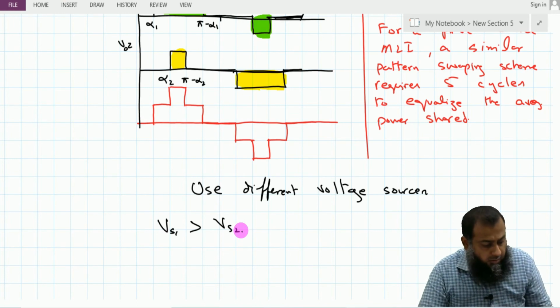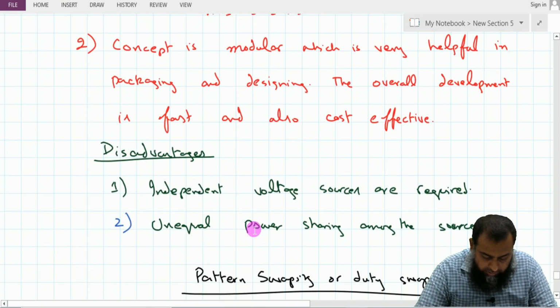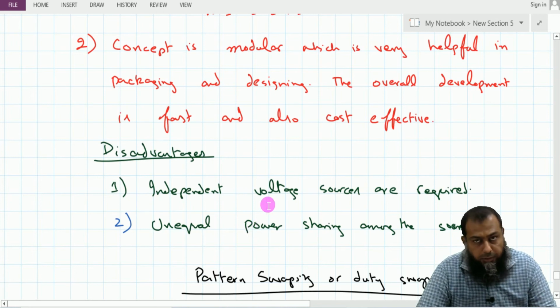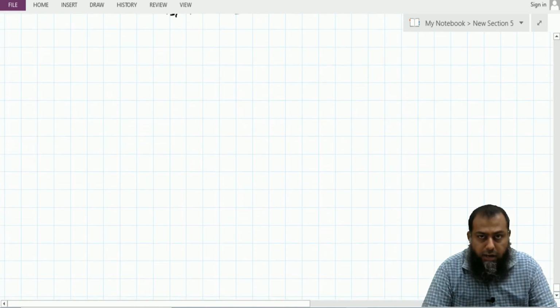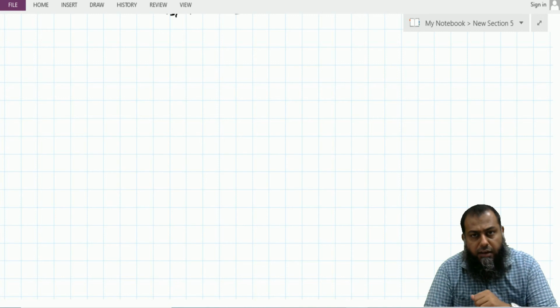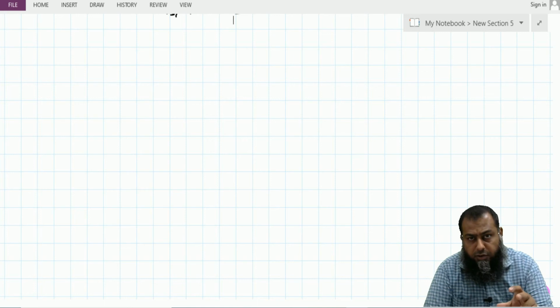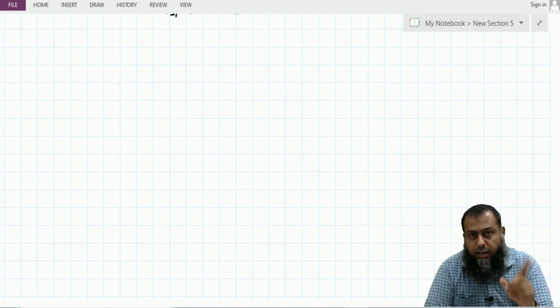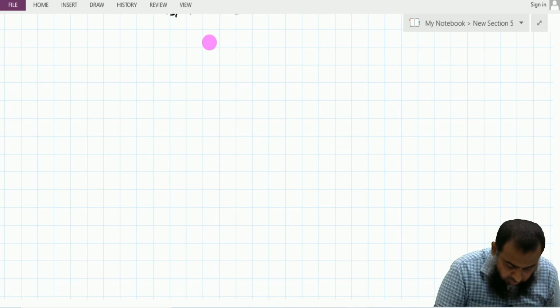Now, we have discussed that independent voltage sources are required for these types of multi-level inverters. Although we will not go deep into the different types of multi-level inverter, it's a whole new ball game, and a lot of different topologies exist in literature. We will just go through another type that is particularly useful if we have a single voltage source available, but yet we want multiple output voltage levels, and that is a technique known as the